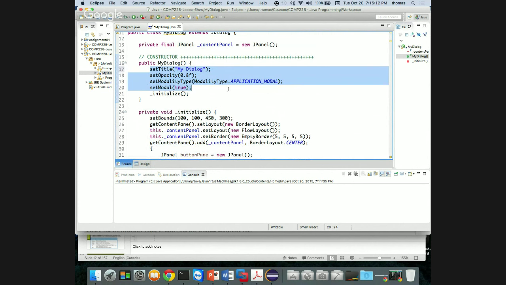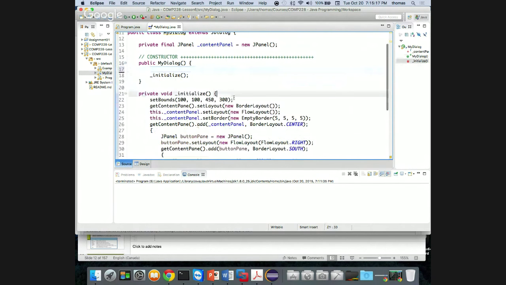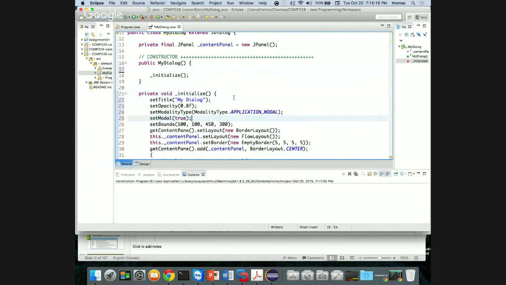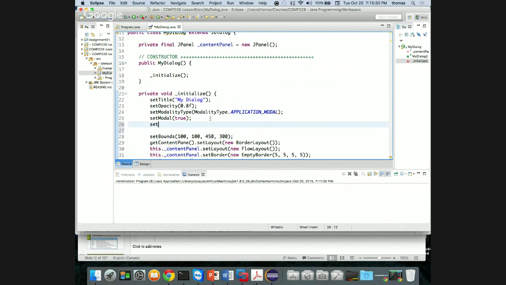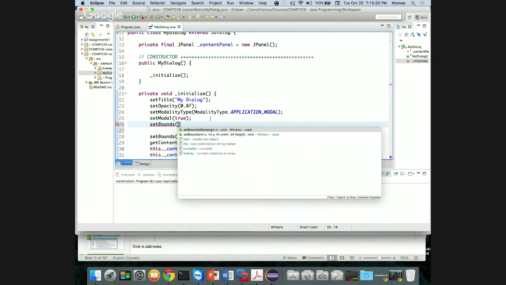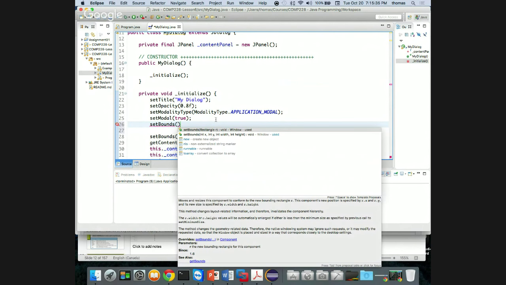I want this to happen in here, right? So grab this, put it in here as an example, and let's see if that does anything. Also, my bounds. When I set bounds, what other options do I have for set bounds? If I say set bounds and I open it up, do I have some kind of other